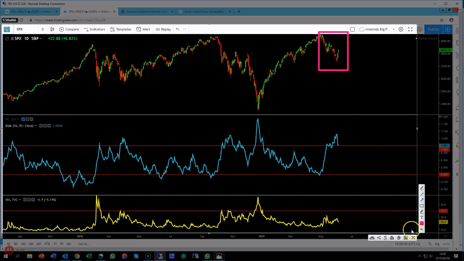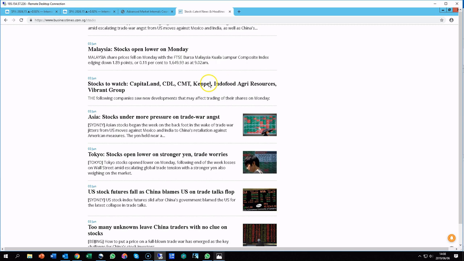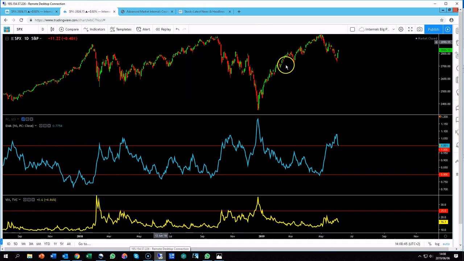However, at the bottom of this move here, there was a lot of negative news. Let's just take a look at some of these headlines. There was the trade war, stocks were under pressure, Trump was tweeting constantly, and basically the market was bottoming out. We're getting some big moves to the downside. In fact, you can see in some of these moves here, the market just gapping down. And a lot of terror, a lot of fear, and a lot of bulls hoping that this was the big correction that they've been waiting for so long.